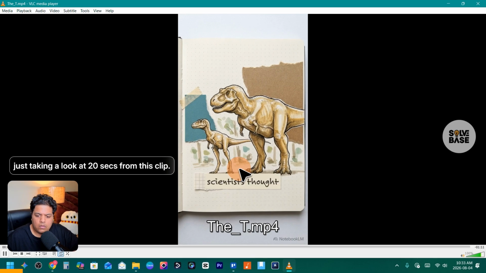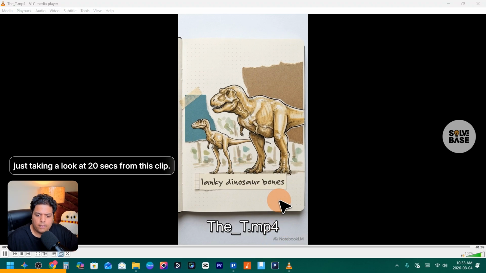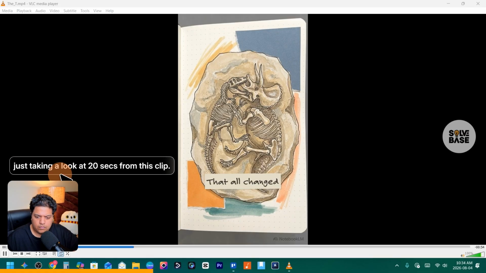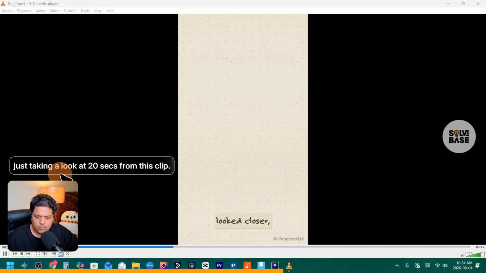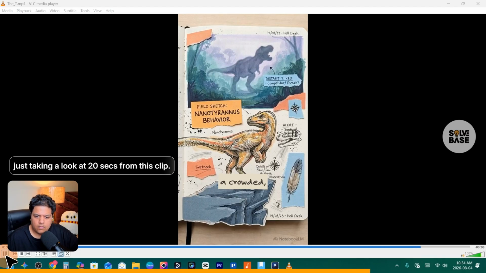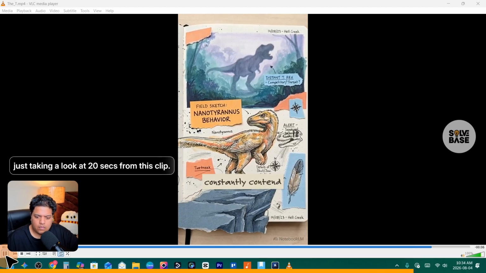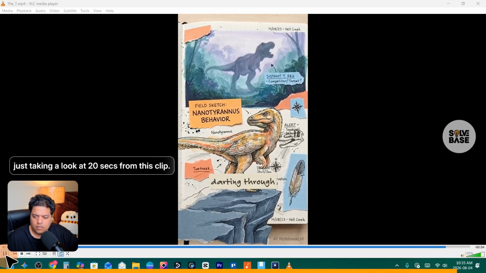For decades, scientists thought these smaller, lanky dinosaur bones belonged to awkward teenage T-Rexes. That all changed when a remarkably complete small tyrannosaur fossil was found locked in ancient combat. When anatomists looked closer, the physical traits just didn't add up for a growing baby. It lived in a crowded, competitive world and had to constantly contend with a swifter, leaner cousin darting through its